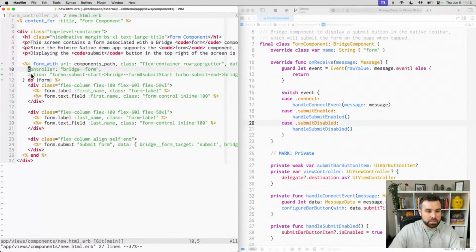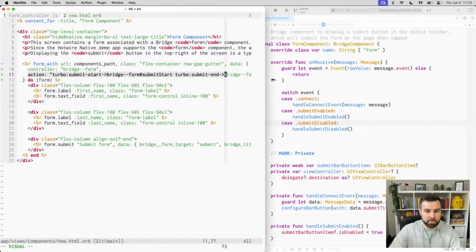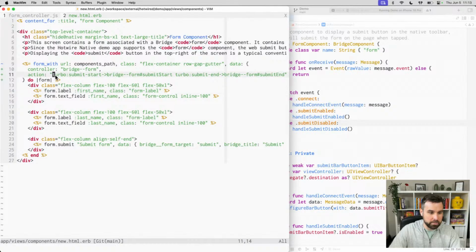Remember we had these actions? So a quick Stimulus refresher: on the turbo submit start event, this is listening for when this form fires the turbo submit start event. It's going to fire the submit start function on the bridge form controller. So the submit start function